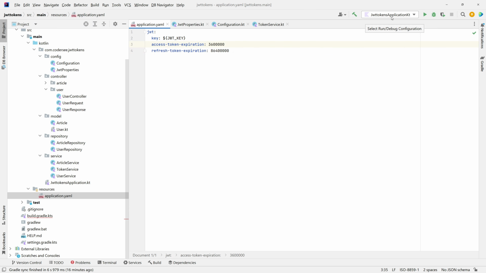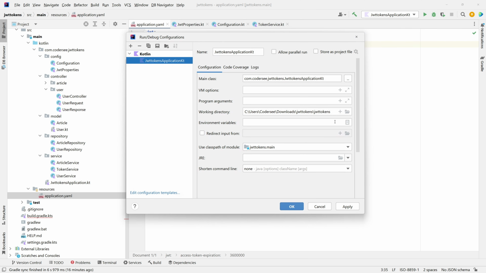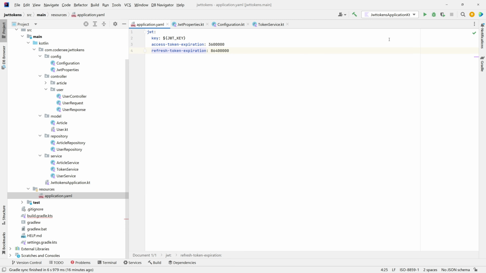Right here, there is the configuration of the application that we run. We can click on it and edit our configuration simply. So environment variables, and right here I can specify some JWT key as a random value. With all of that said, and we saw how to add this to our project, we can add a function